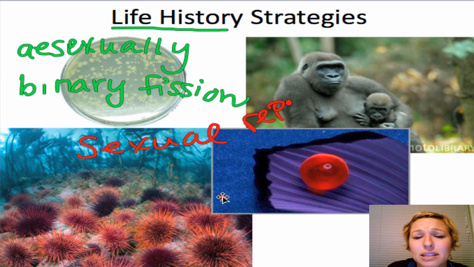In sexual reproduction, you require a partner of the same species to make young. And even within sexual reproduction, there's a bunch of different ways that young can be born. In sea urchins, the eggs and the sperm are released individually from the males and females into the ocean, and they actually bind to each other within the ocean and float away. The zygote floats away and settles to make new urchins on some other neighboring rock. So that's an example of sexual reproduction. However, the parents have really nothing to do with bringing up the young.